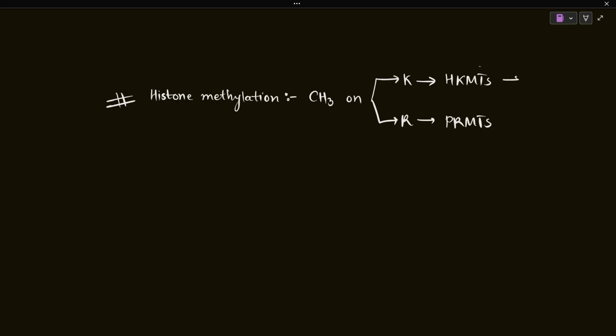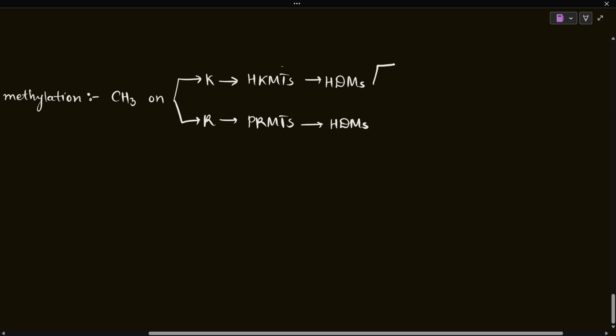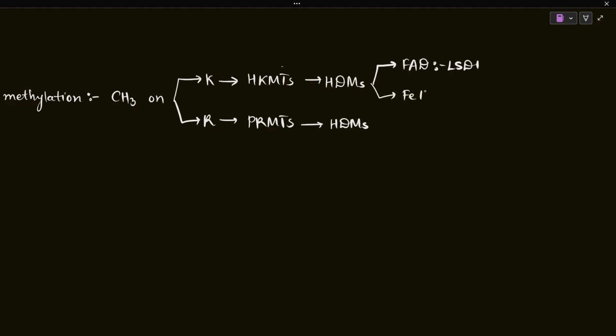The demethylases, the HDMs for lysine residues are different from the HDMs of the arginine residues. In the lysine residue, the histone demethylases are either FAD active, the example is LSD1, or they require Fe2 as well as 2-oxoglutarate to work, and the example is JMJD2, Jumonji domain containing demethylases. The HKMTs are again of two types, the SET containing HKMTs and the HKMTs which do